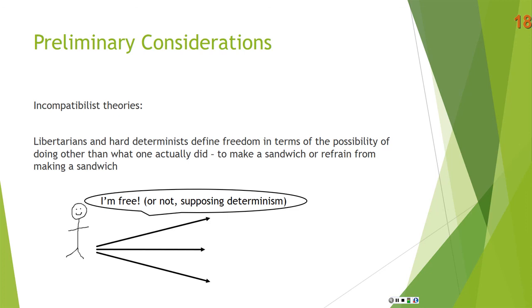You could have made a peanut butter and jelly sandwich, or you could have gone without eating, or whatever. So in order to be free, you have to have multiple options available to you. And since determinism says that you only have one option available to you, one future,